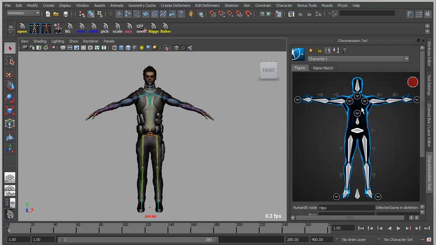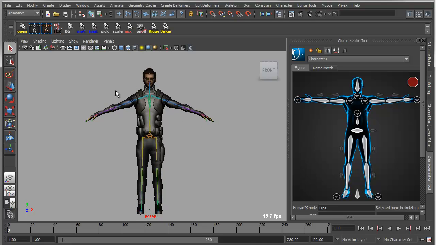The characterization tool is basically for defining your character. It gives you a visual view of what your character will look like, a humanoid of course. Then I simply double click on the joint in my graphical display here, and then I click and map that to a joint in my viewport, in my scene. So I can grab the hips, for instance, and then just swipe over the hips, and now it's made that association. I can keep doing this on all the various joints, or if I want to, I can actually